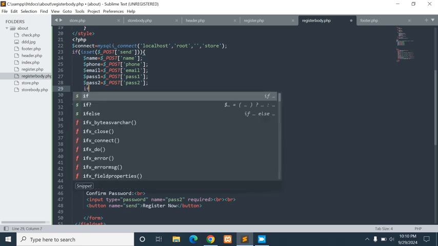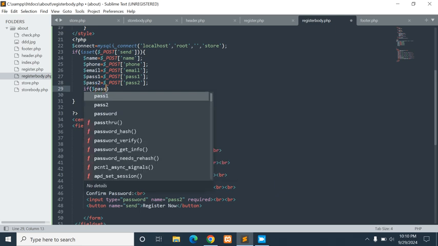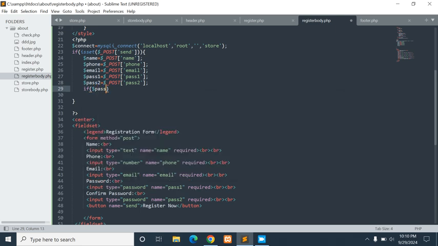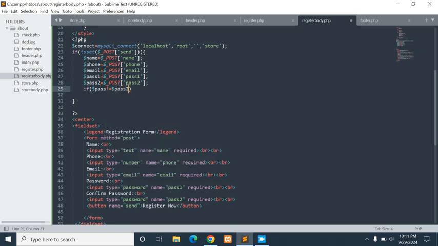So we're going to say if pass1 is not equal to pass2. This sign here means not equal to, so if pass1 is not equal to pass2,